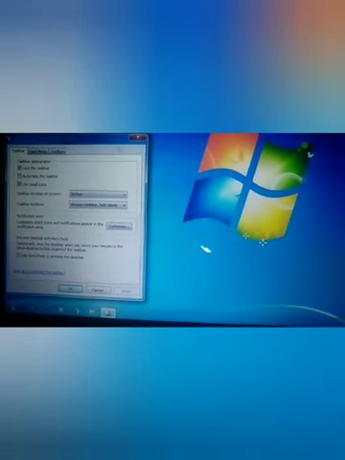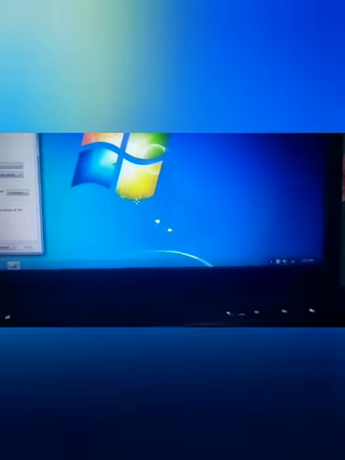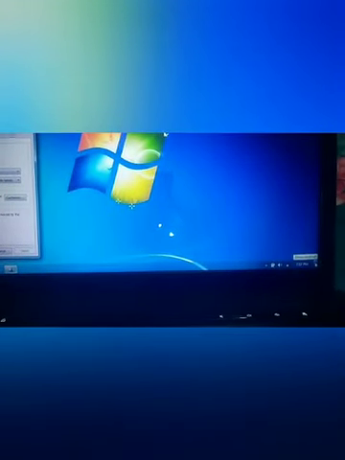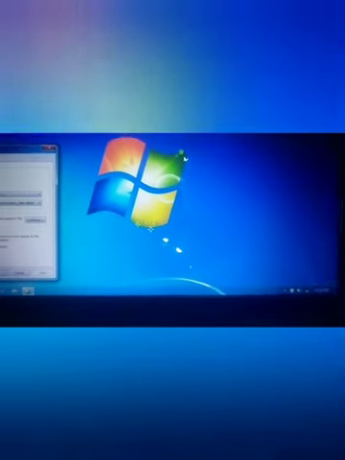Then comes preview desktop with arrow peek. This is your taskbar. At the end of your taskbar you can see this one is your show desktop. To do this, let me open some applications.